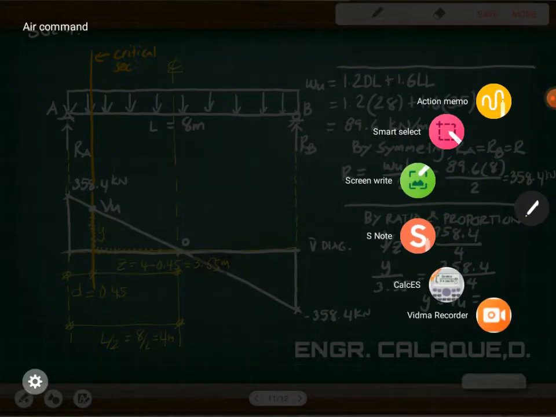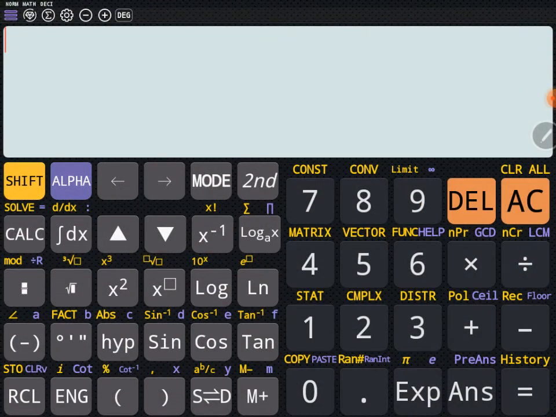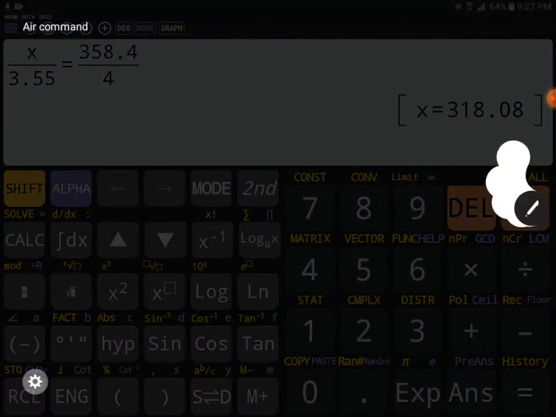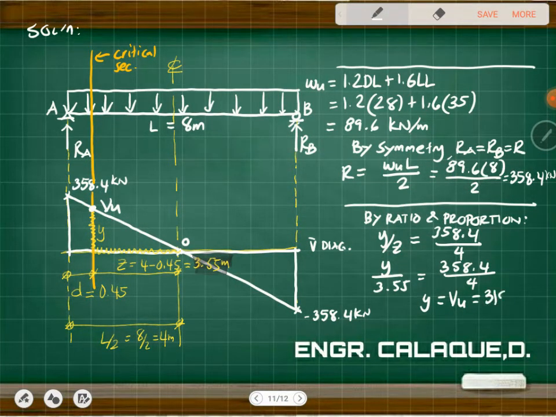So, meron na tayong design na value na shear strength. So, 3.55 times 358.4 all over 4. Shift solve. So, 318.08 kilonewton. So, ito na yung gagamitin natin. Ito na yung design shear